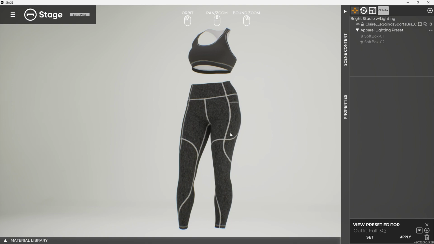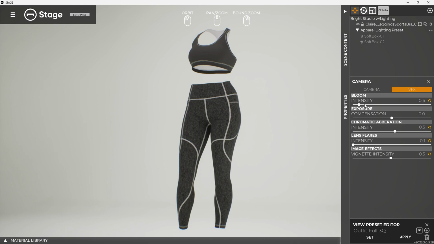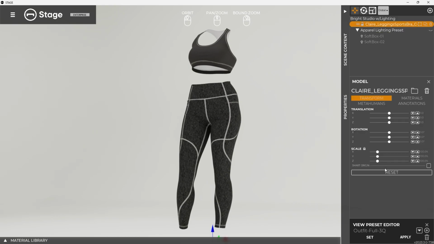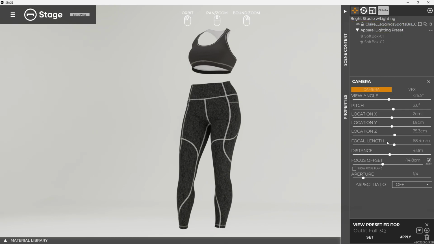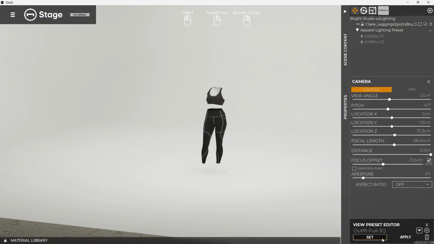It also keyframes all of the camera properties. So if I hit C, go back into visual effects, you'll notice I have all this bloom and chromatic aberration and all this stuff. I could actually pull these back and just say I don't want any of this stuff in the render now, right, like that. Say set, and now it sets all that stuff as well. So everything here, all the transforms for the object, and also all the camera stuff as well. So now I can just say set, spin around wherever I want to,